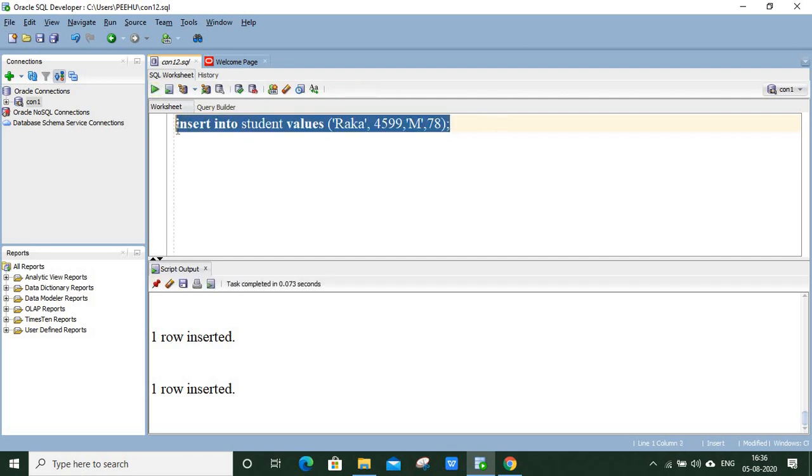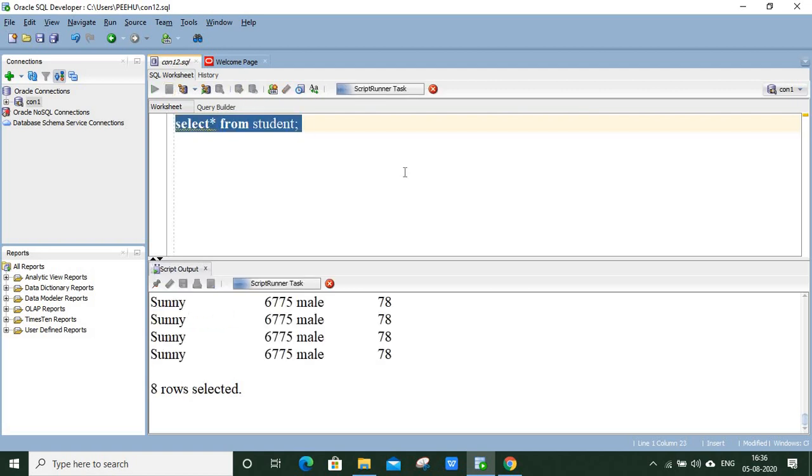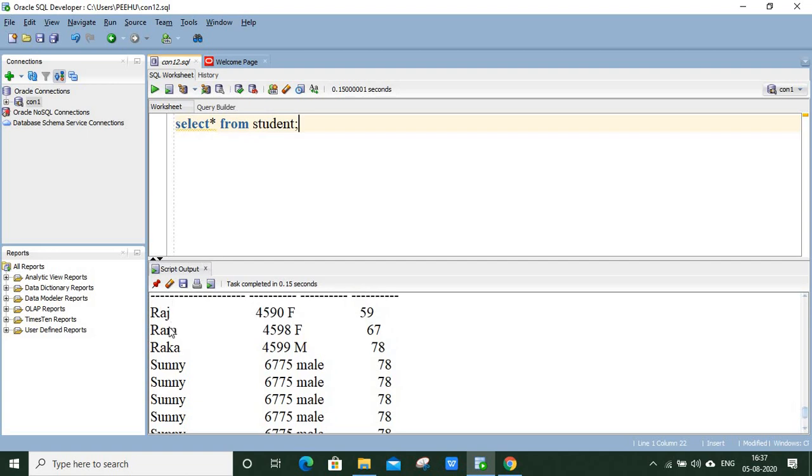So now see what are the contents of the table now. Now you can see that we have entered these rows as well. Okay, so now try to apply some compound condition and try to delete the rows that will be satisfying those conditions. So again the delete command, delete from table name is student.